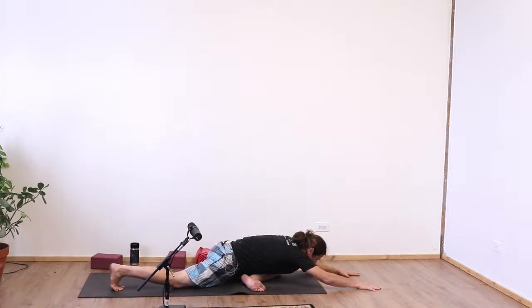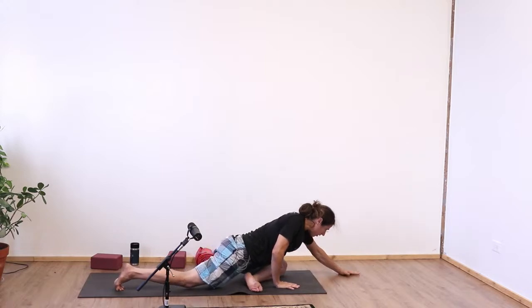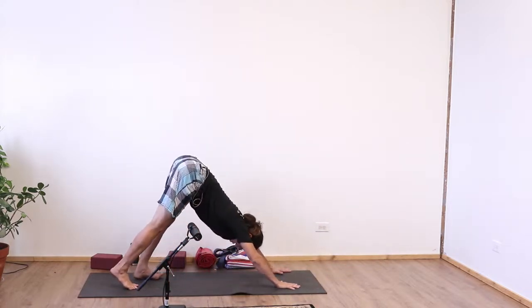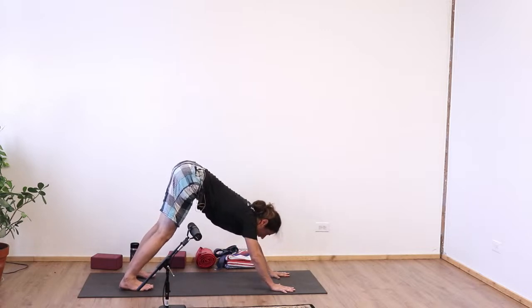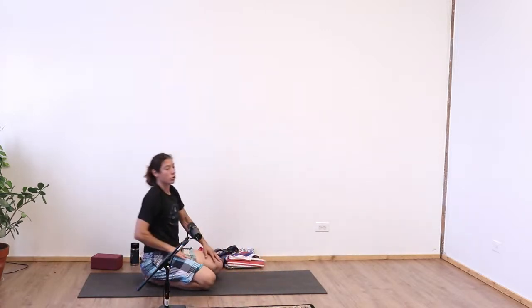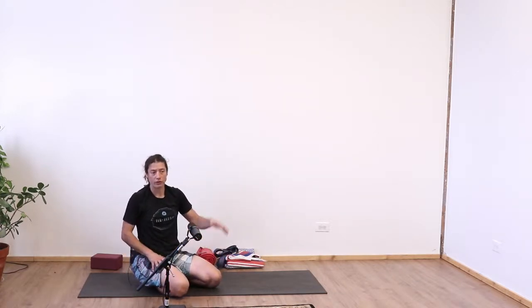And release. We'll set that leg down. Inhale, the hands under the chest, under the shoulders. Exhaling, press back, downward dog. All right. Gently set knees down. Okay. And this so we can get into just one side